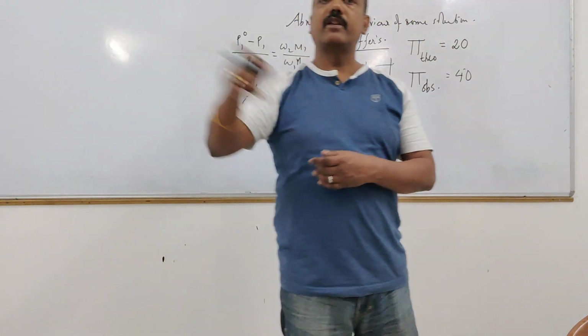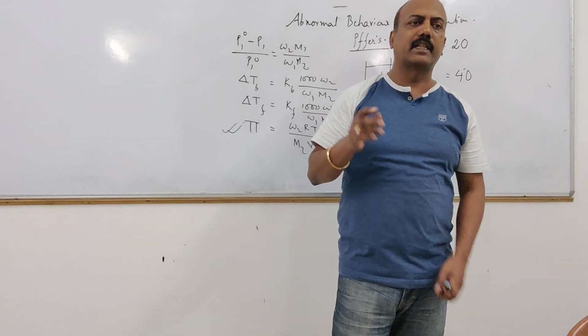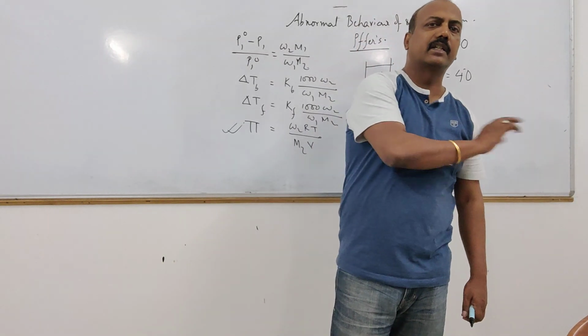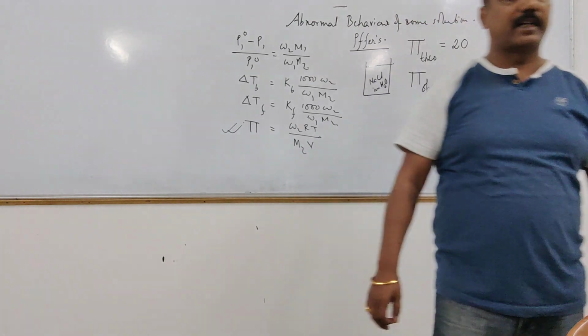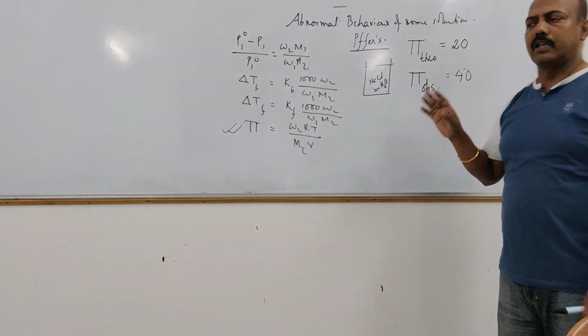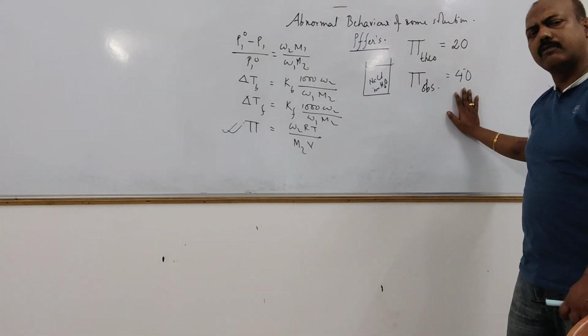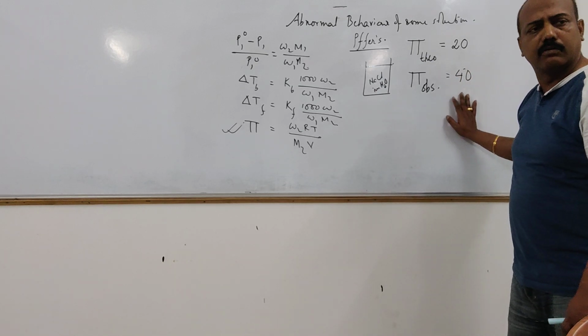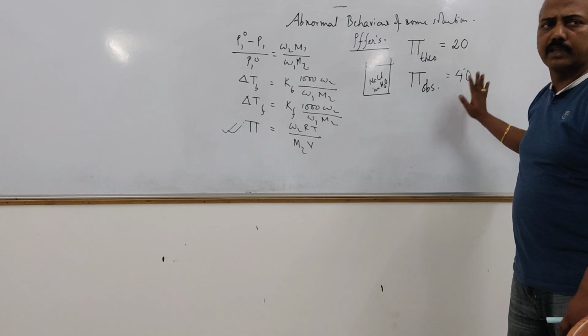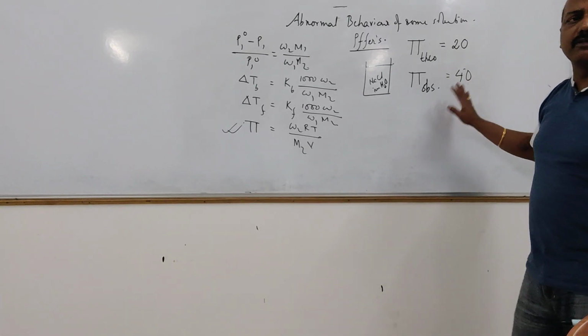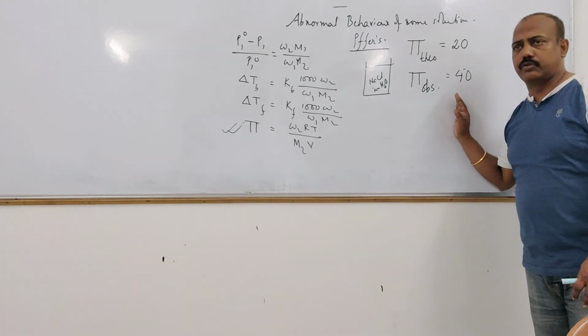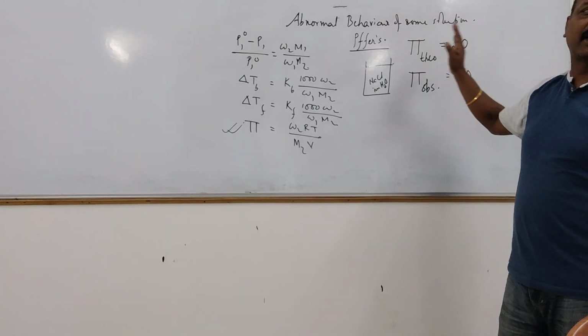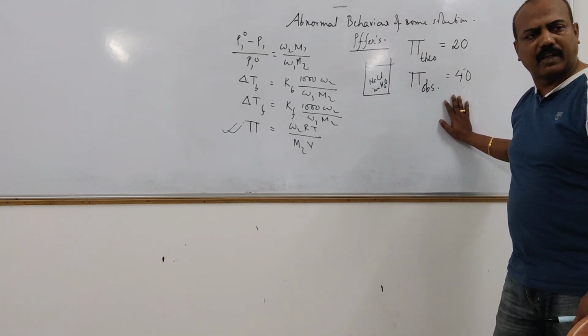So theoretically, when you are doing in pen and paper, you are getting it as 20, but when you are doing it in practice, you are coming and telling me that it's 40. And you are doing the right method of practical. It's not that you don't know the method. You know the method, you know the instrument use and everything, and you told me. That means you are getting some abnormal values. Whichever is expected, you are getting something different from that.